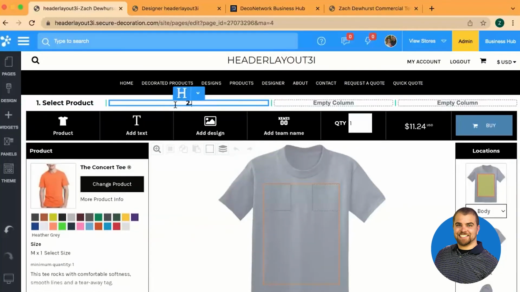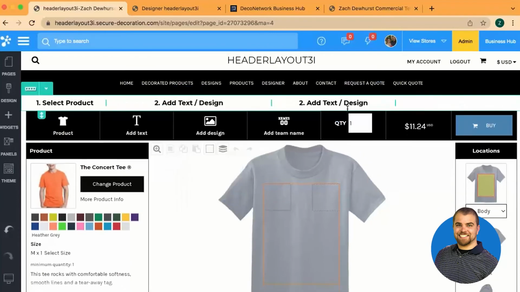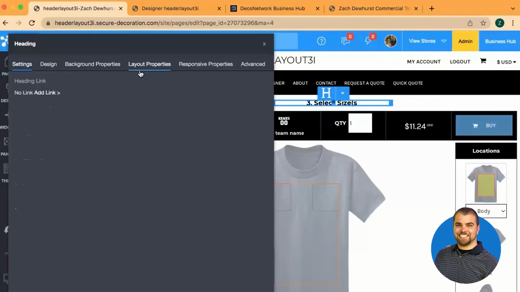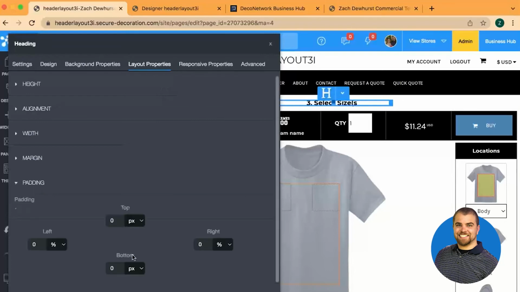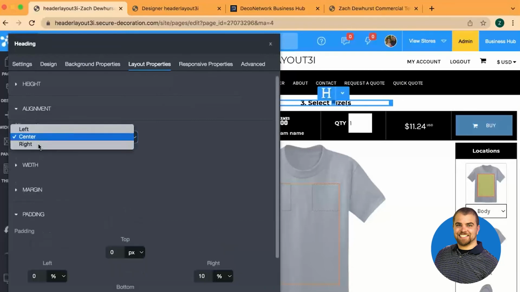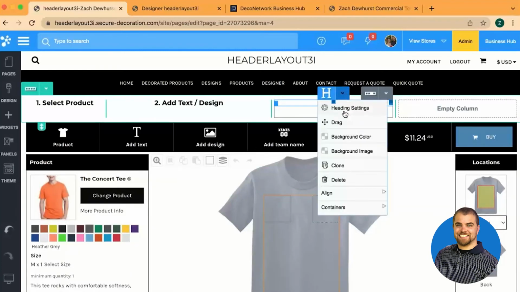Step 2, add text or designs. Step 3, select sizes. And this is definitely not the most obvious thing, that they have to click on quantity to then input their sizes and ultimately determine what the final price is going to be. I'm going to align this right. And step 4,